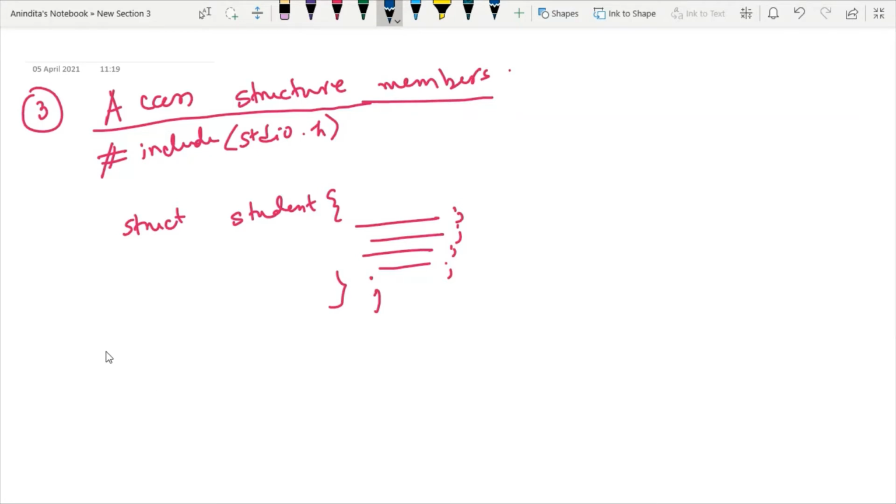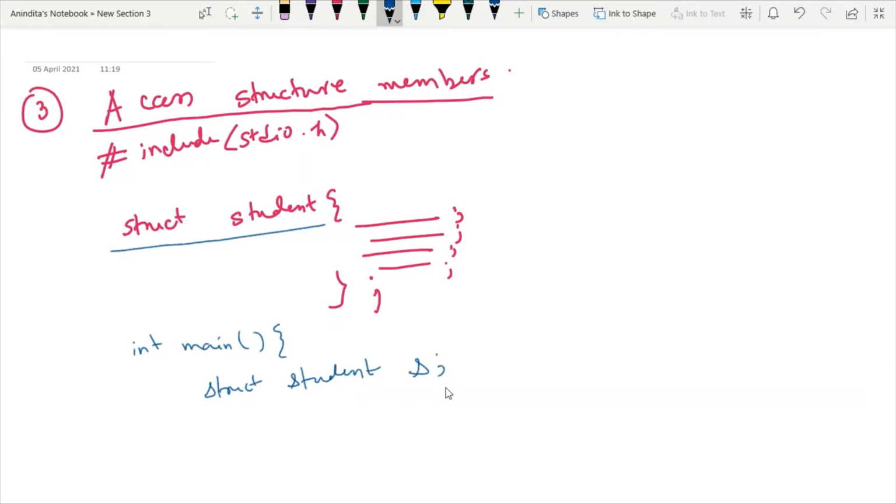So where should I define the structure variable? After writing the main function, inside this main function, here you define the structure variable. Now, what is the convention of defining a structure variable? I will write the struct keyword and then the structure tag name, and afterwards I will write the variable. Say the variable name is S.